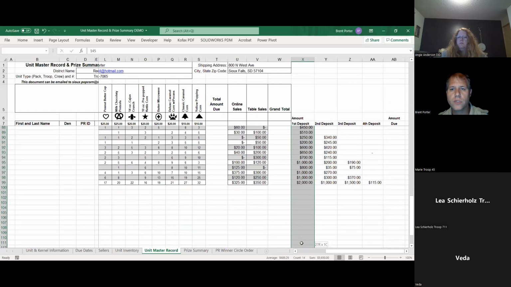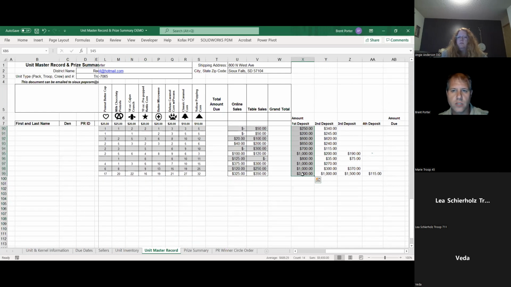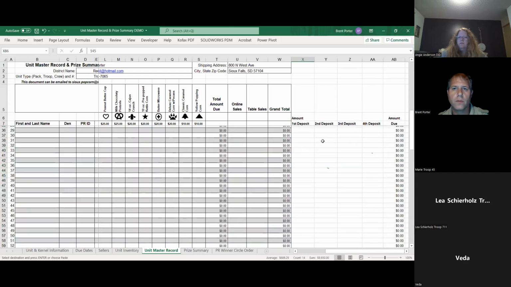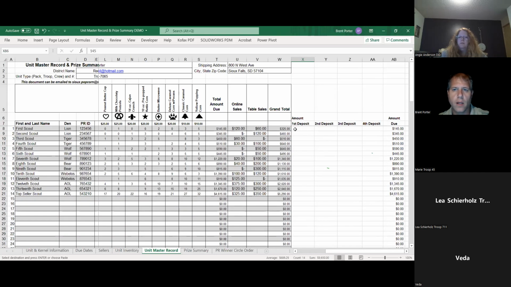So you can use this sheet to capture that information as well. If my scouts come to me and on this meeting, they turn in these dollar amounts of checks, okay? I now have a way to track how much they turned in and what I still need to get from people. My far right is going to be the amount that's due. So Scout 1, Scout 2, Scout 3, and Scout 4, they're balanced. If they don't take any more orders for the rest of the time, I've got all their money. I don't need to capture anything more from them. But Scouts 5 through Scout 14 need to turn more in.